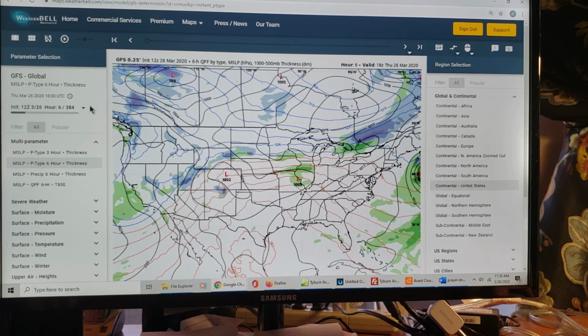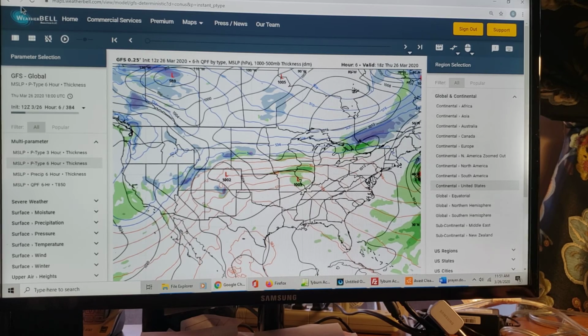These are models based upon the 12Z, 8 o'clock this morning stuff, and they haven't run them all yet. It takes a long time to run these models. But in order to get the old one, I'd have to initialize it with an earlier one, and I don't want to do that right now because I want this to be relatively short.